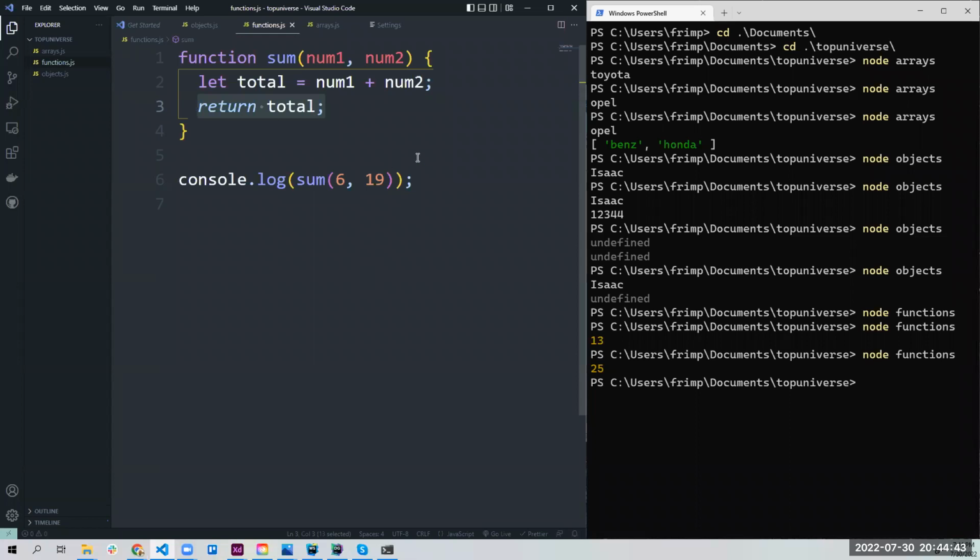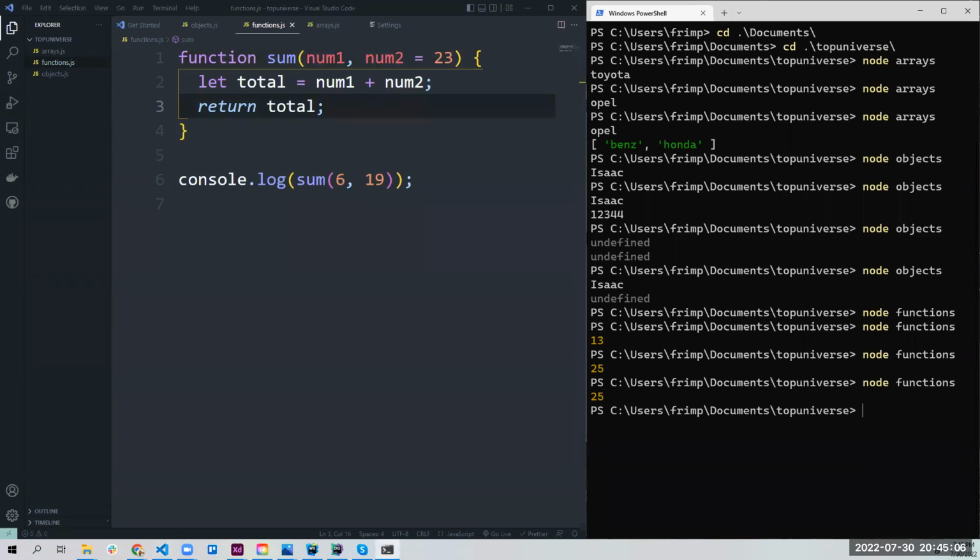We can also set default values. Okay, with, let's say, num2, I can set a value like, let's say, 23. What this will do is, if I run this code, I am going to get back the same answer I had. Why? Because I actually passed the second argument. But in case I don't, and I pass only one, okay? If I pass only one,